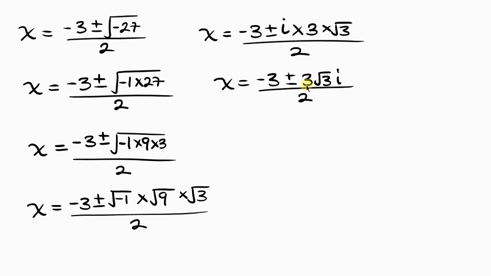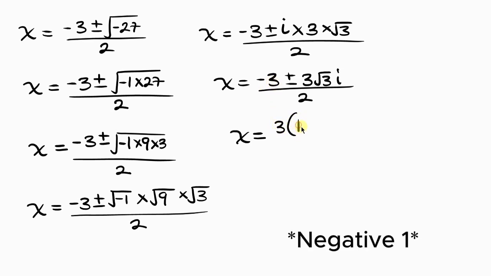Now notice that 3 is common in the numerator. So we're going to be factoring out 3. So x now becomes, bring 3 out. Now negative 3 divided by 3, I'm going to be having 1 plus or minus 3 root 3 i divided by 3, I'm going to be having root 3 i